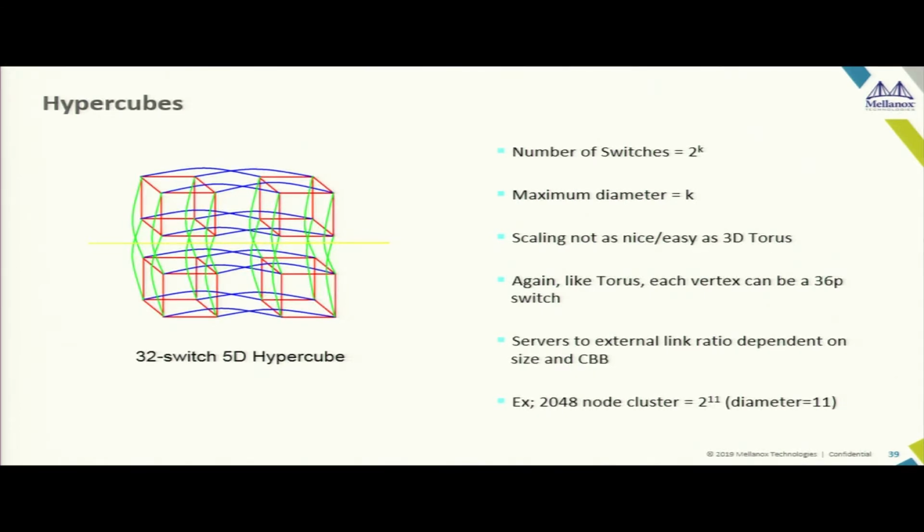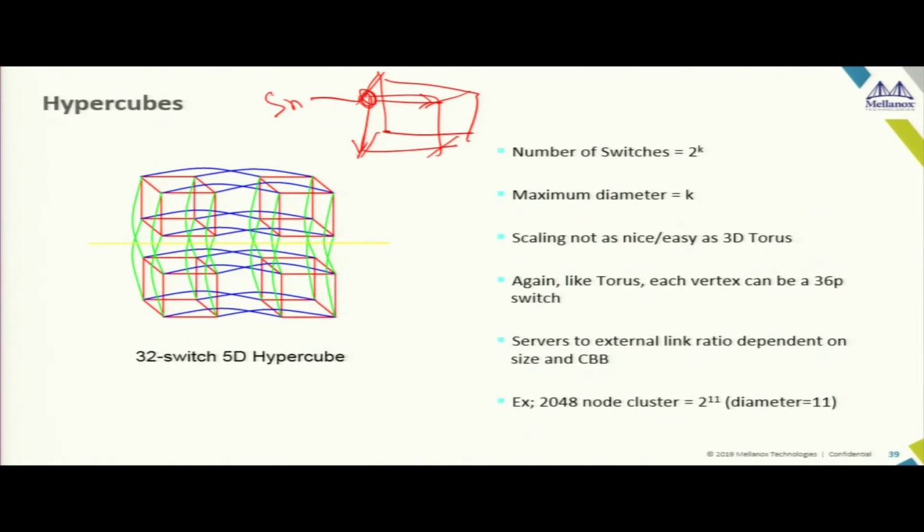A hypercube is something in which, for example, the simplest hypercube, a 3D hypercube, is nothing but a cube. You draw a cube and this is your 3D hypercube. Every vertex is a switch. It is connected to the vertex in a cube form like this. And every switch contains n number of servers, depending on how many ports are free. How many servers versus how many links depends on the kind of bisection bandwidth you want in